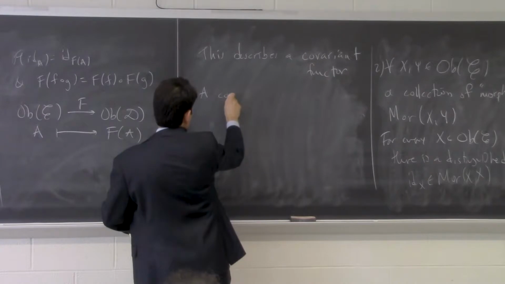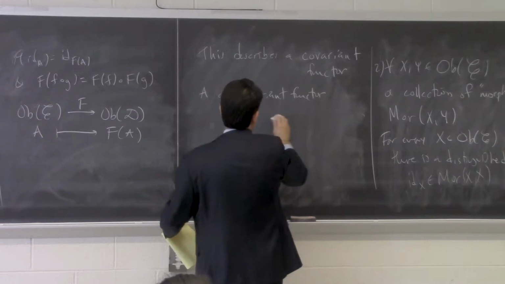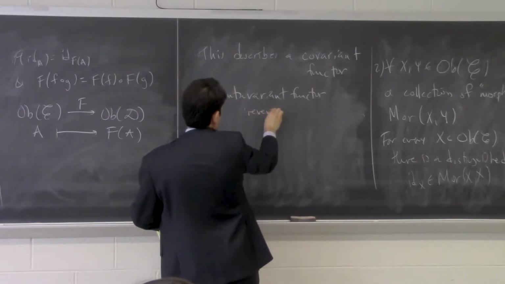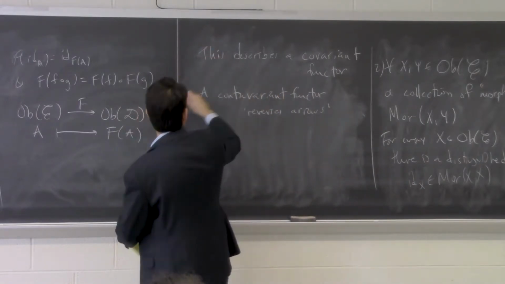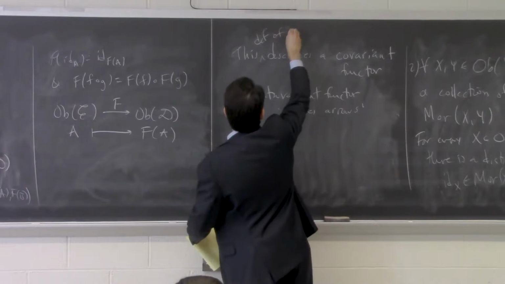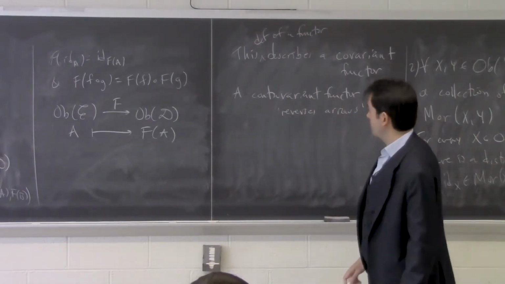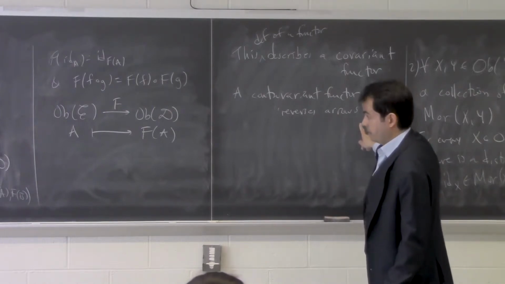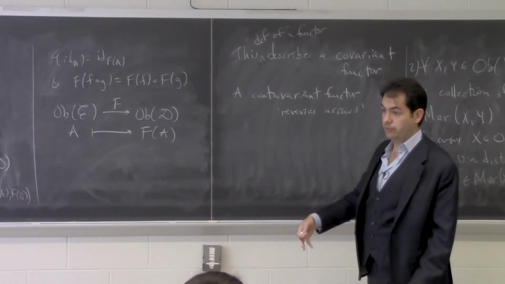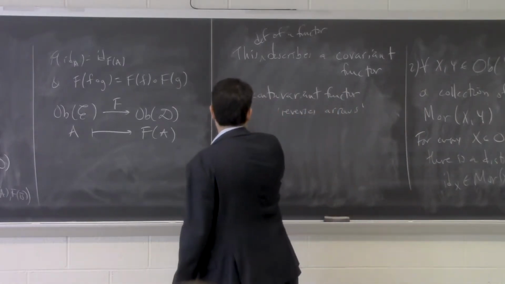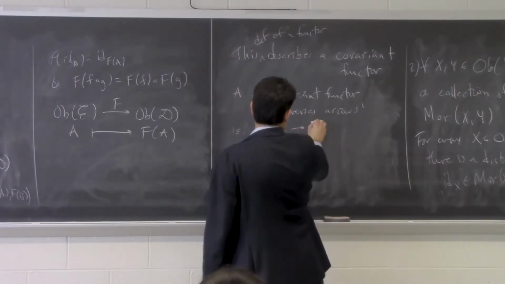A contravariant functor reverses arrows. A contravariant functor is something that preserves the structure of categories, but it reverses the direction of arrows. So it's a map from C to D,